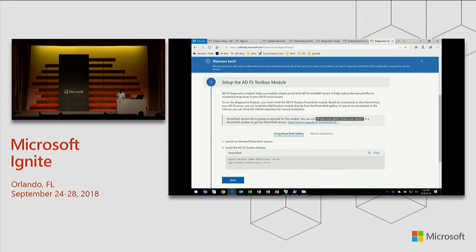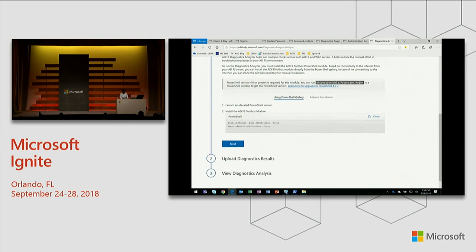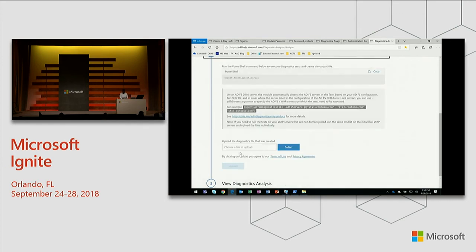Now, we've made this part of PowerShell Gallery, so you just have to import the module. You'll always get the latest version as you run it. I've already completed that step, so I'm not going to do this step. You just have to copy these cmdlets and run them on your ADFS server. Then you run an export diagnostic file, which will collect a bunch of information, run a set of valid capabilities, and put them all into a well-compacted JSON file. Now, I already have a version available that I've run, but just to give you a